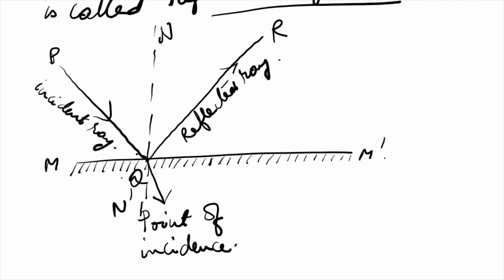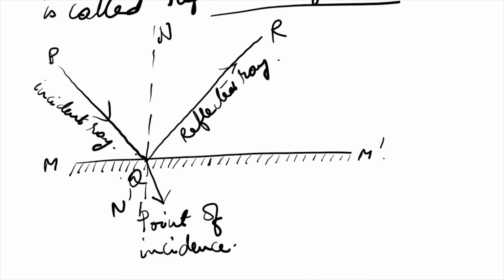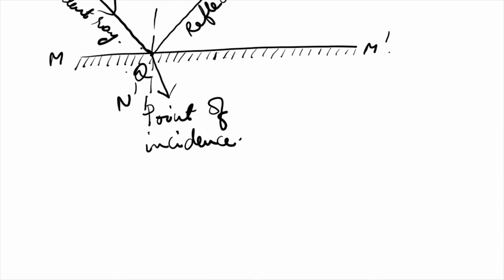So till now, what all have we learned? Incident ray PQ is a light ray which is striking a plane surface, the brightly polished mirror. The point Q where the incident ray strikes the mirror is the point of incidence, and the path in which the light ray bounces back, that is QR, is called the reflected ray. So let us write down these definitions. These definitions are very, very important. Let us write down one by one.